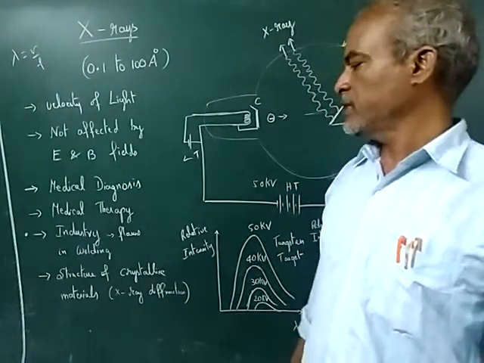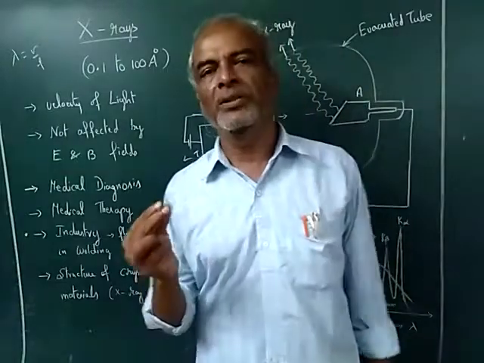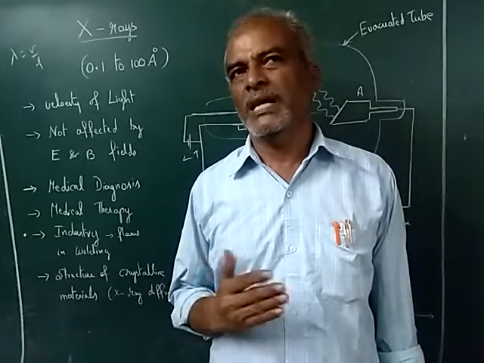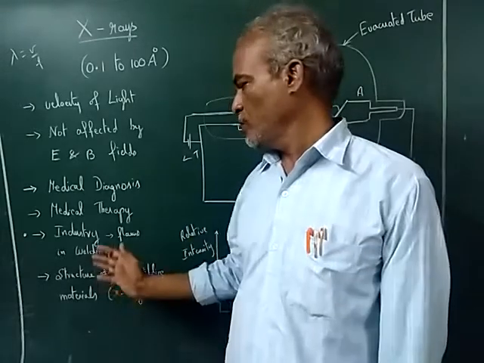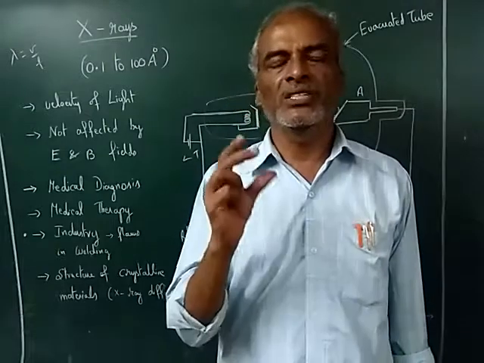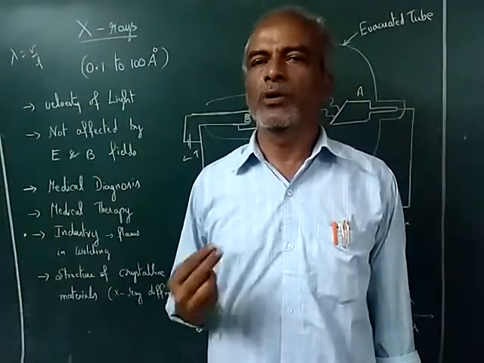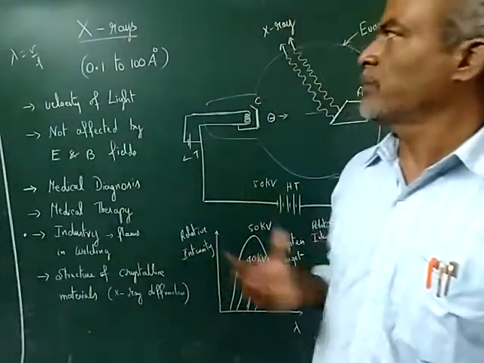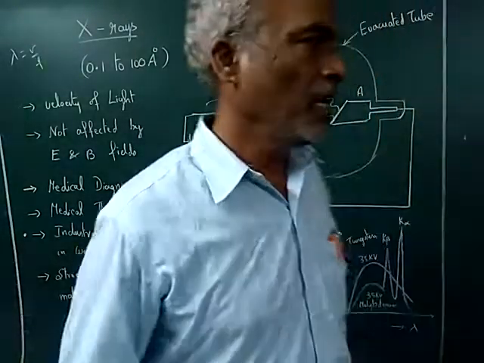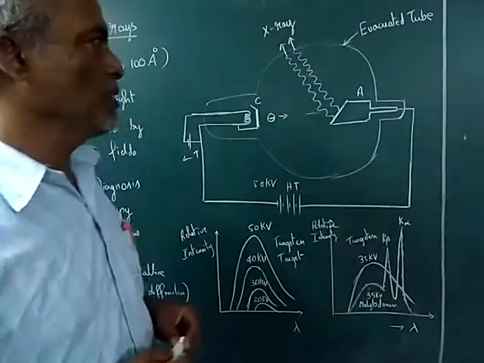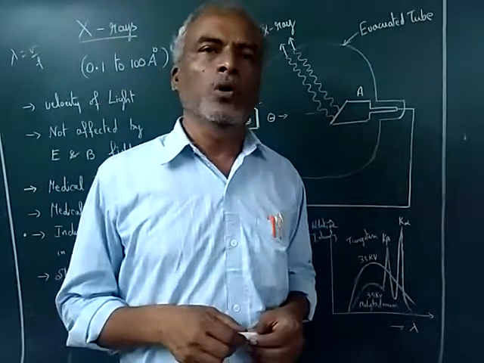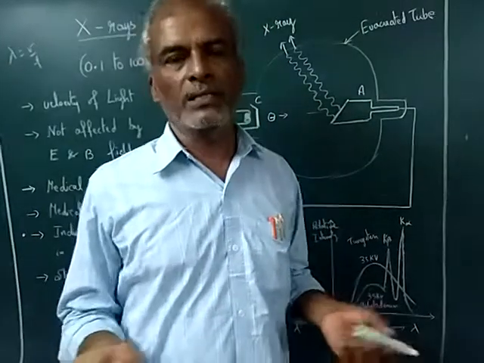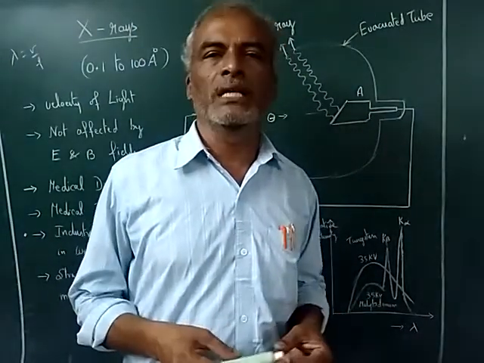Then to study the crystalline structure of a particular material, X-rays are used, because X-rays act as a diffraction grating. So using X-rays, we can identify the structure of the cells, molecules, or atomic structure inside a particular material. So these are some of the advantages of X-rays. X-rays were basically invented by Rontgen, so generally we should call them Rontgen rays. But since he named them X-rays, people follow it as X-rays.